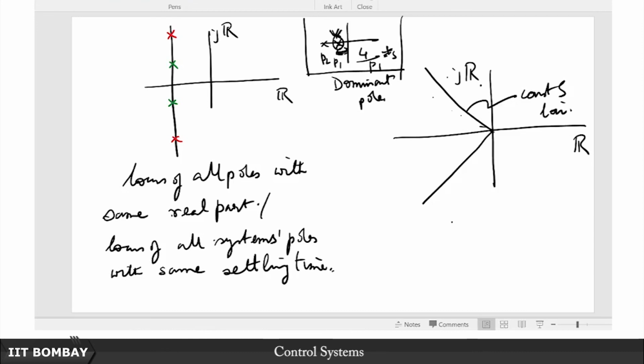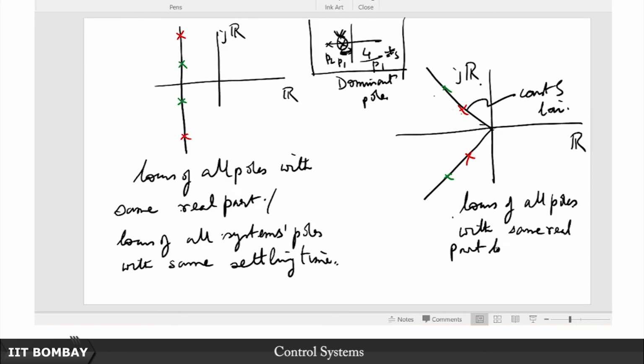Again in the same fashion, if you have a pair of poles here and a pair of poles here, both of these pole pairs are distinct, but they still share the same zeta, and by virtue of sharing the same zeta, these are all the locus of all poles with the same real part